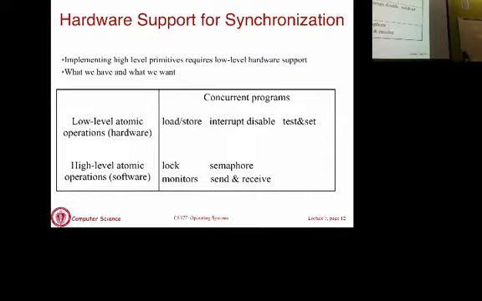The first one is the ability to disable interrupts. There's also another special assembly instruction called the test and set instruction, which was mentioned earlier, and we'll look at that as well. And the third thing which all hardware CPUs will do is to ensure that loads and stores are atomic, which we will ignore more or less. We'll see how to implement locks using disabling interrupts, and we'll see how to implement locks using test and set. Okay? So disabling interrupts, I'm going to give you an intuition, and we'll come back to it next time.